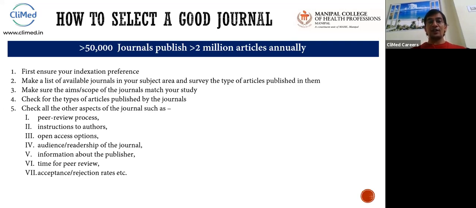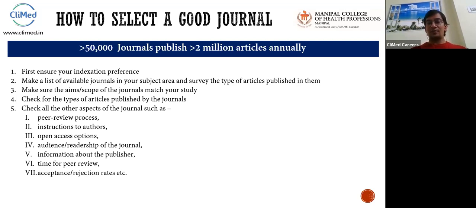Then make a list of available journals in your subject area. Then you will go, okay, now I'm from cardiology, I will select the cardiology journals only. Optometry or ophthalmology journals. If someone is from physiotherapy, they will select physiotherapy journals, right? If their research in physiotherapy is on diabetes, they will search something on diabetes and physiotherapy. So they will make a list of available journals in the subject area, and they will survey